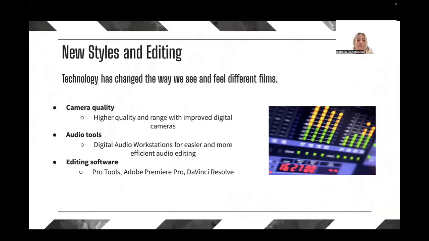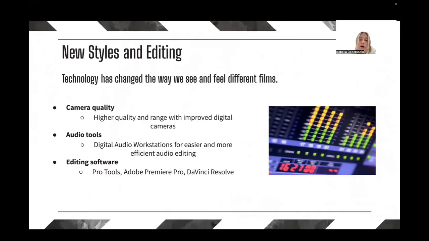I want to start simple for now, so I'm going to talk about the camera quality. When we look at films from years ago, we could see the footage might be a little grainy, or just black and white. And improved digital cameras have really allowed us to have high quality films and more dynamic range, which can make a huge difference when we're watching a movie, when we're filming a movie,